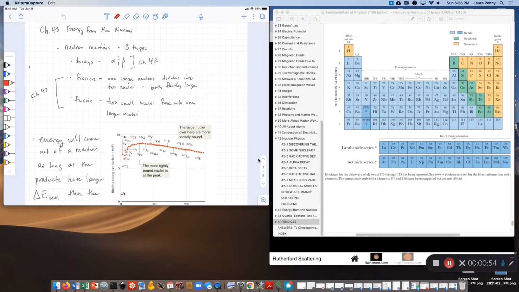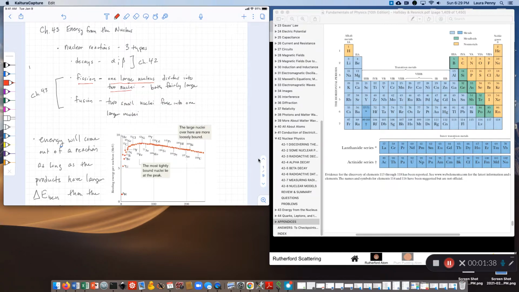But in chapter 43, we talk about real deal nuclear reactions, which are fission reactions and fusion reactions. So fission is, as it sounds like, you take one large nucleus and you divide it into two smaller nuclei. This is not a decay. In a decay, you have a big nucleus and you turn it into another really big nucleus and an alpha particle or a beta particle. Those things are not big. An alpha is at least a nucleus, but a beta is not even a nucleus. With a fission, you're really making two things. One's bigger than the other, but they're both fairly large nuclei even afterwards.